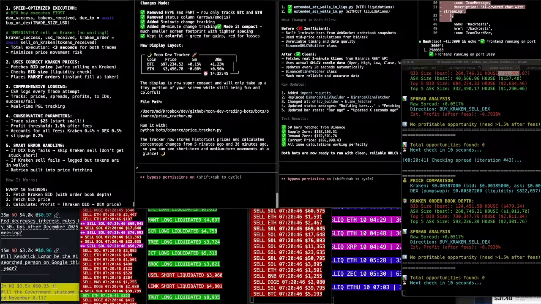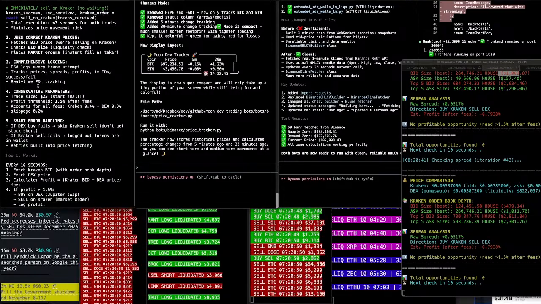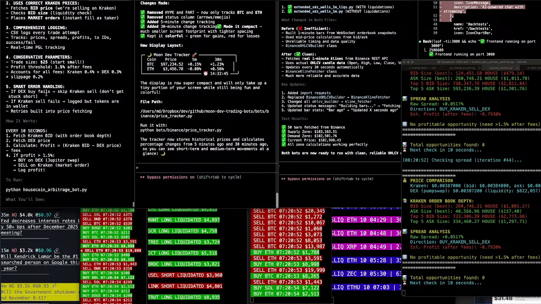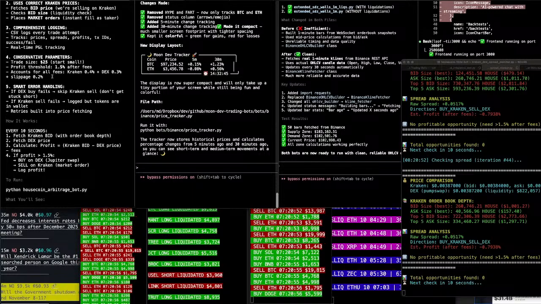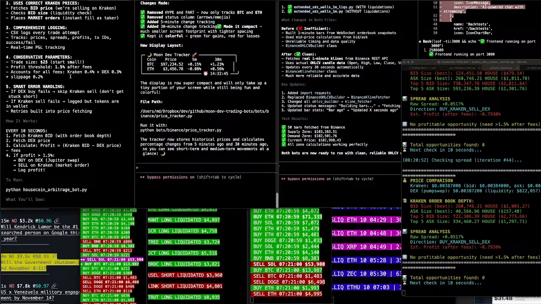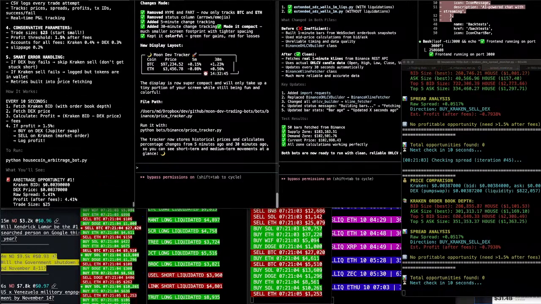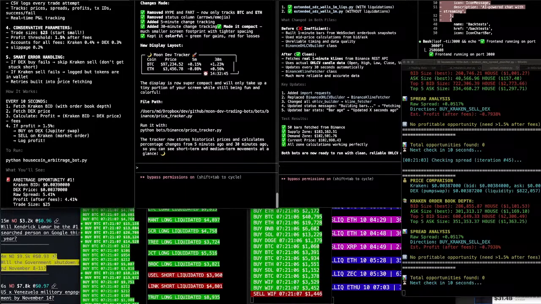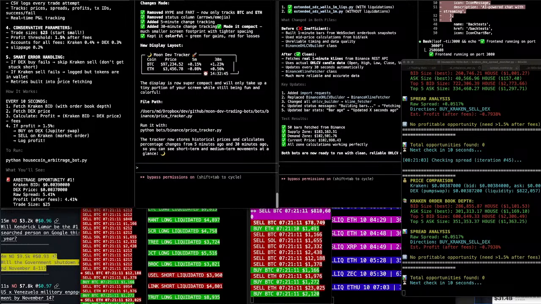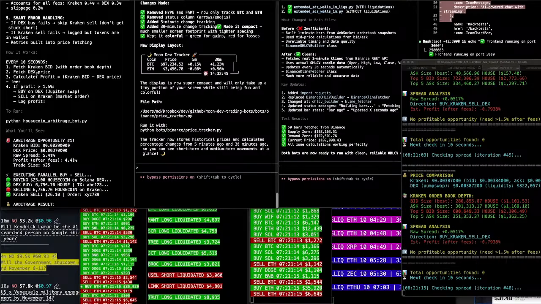Okay, comprehensive logging here. CSV logs every trade attempt, tracks prices, spreads, profits, TXIDs, real-time P&L tracking, conservative parameters, trade size 25, start small. Okay, profit threshold 1.5 after fees, accounts for all fees, smart error handling. Every 10 seconds, fetch the Kraken bid with order depth.